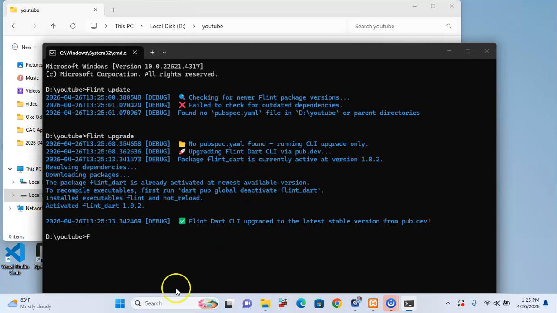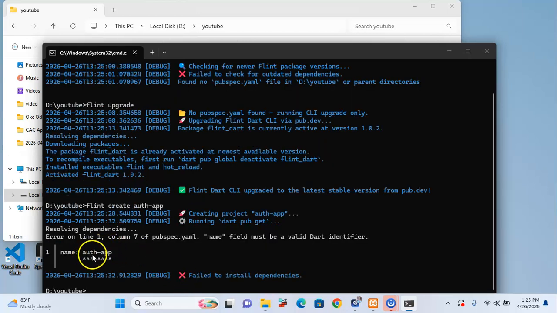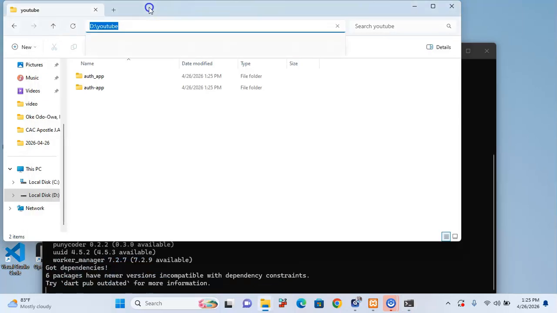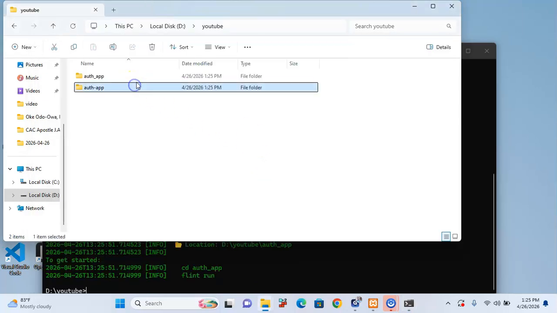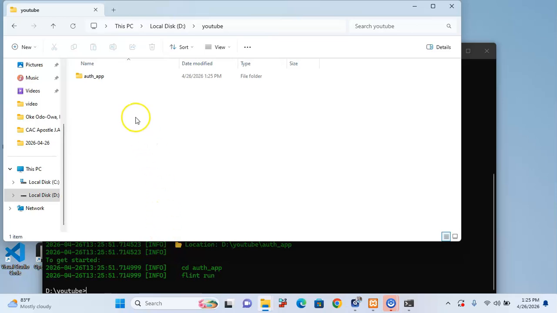So what I just need to do is just say Flint create, then I'm going to say auth app. Okay, you say I can't use auth app for this. I need to have an underscore like this. It's not a valid application name. I also have underscore, not dash. So I may need to delete this. Then